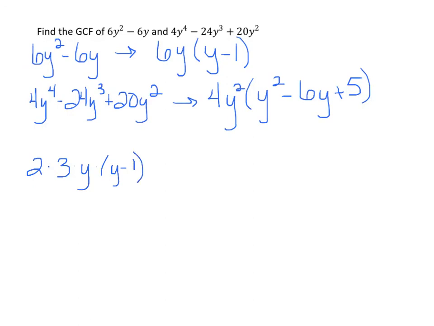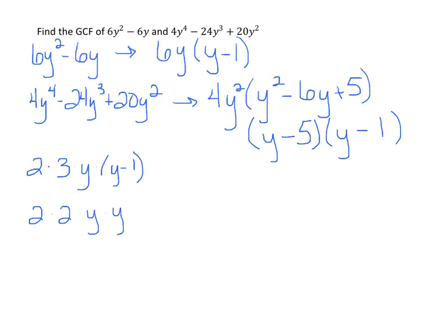Here I need to factor the y squared component. The plus sign means that they're both the same. Both have the same sign. This minus tells me they're both negative. So when I write this out, I get 2 times y times y minus 1